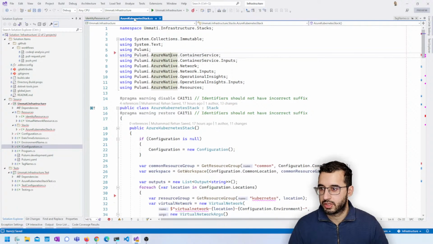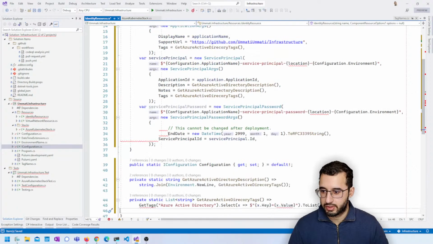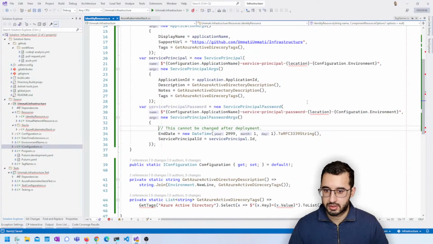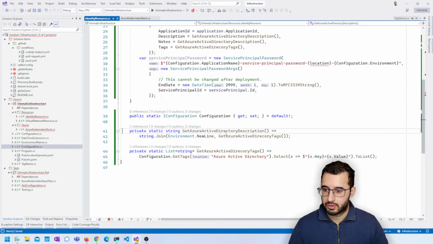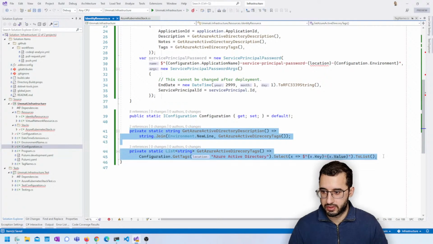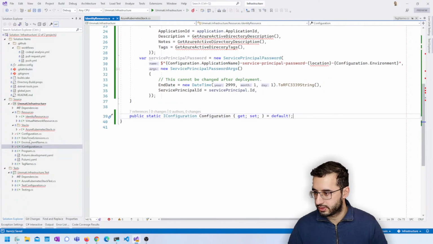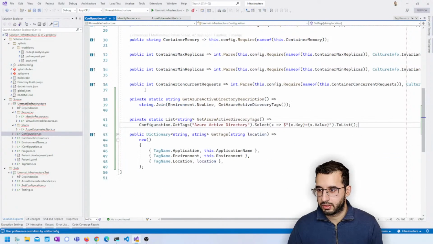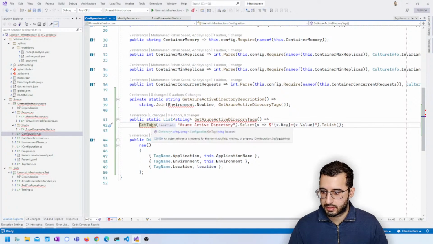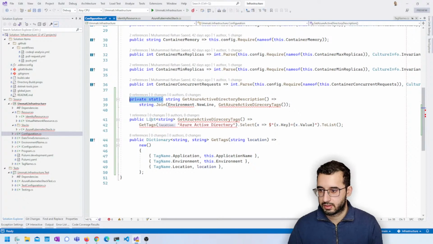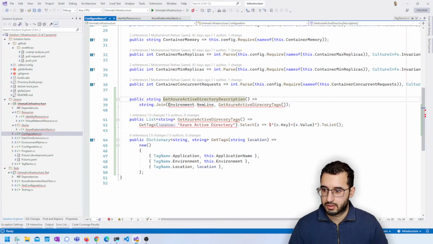We can remove the Azure AD namespace, and over here we'll need to come and fix some of this. So we want configuration dot get tags over here as well. Cool. And in fact, we could move all of these functions as well to the configuration class. So we could say public, and this is get tags. And this is not static anymore. This dot environment, oh, that's System dot Environment